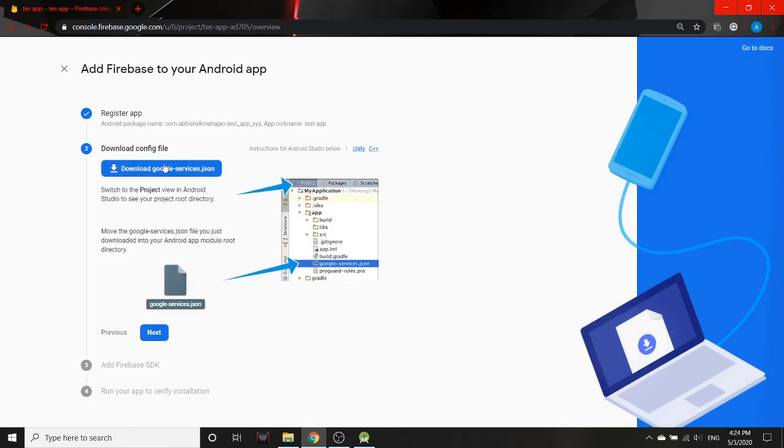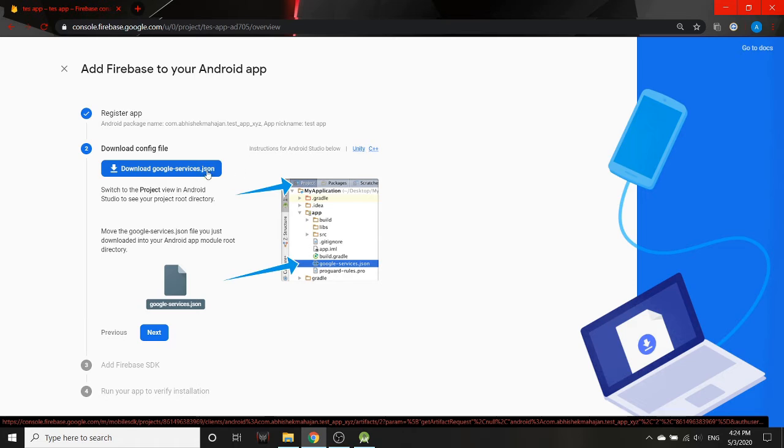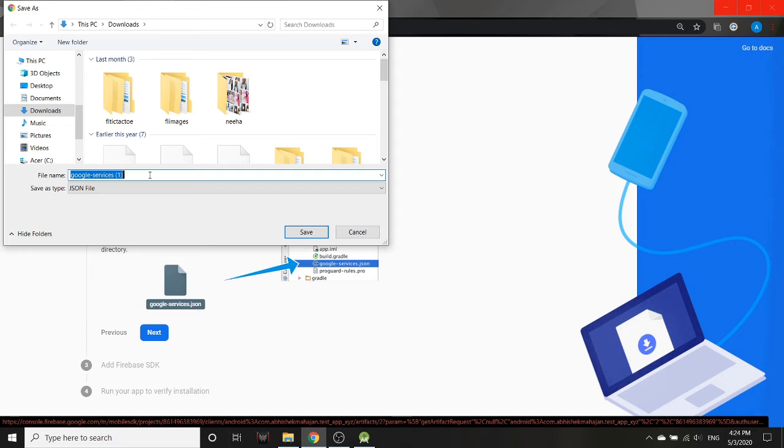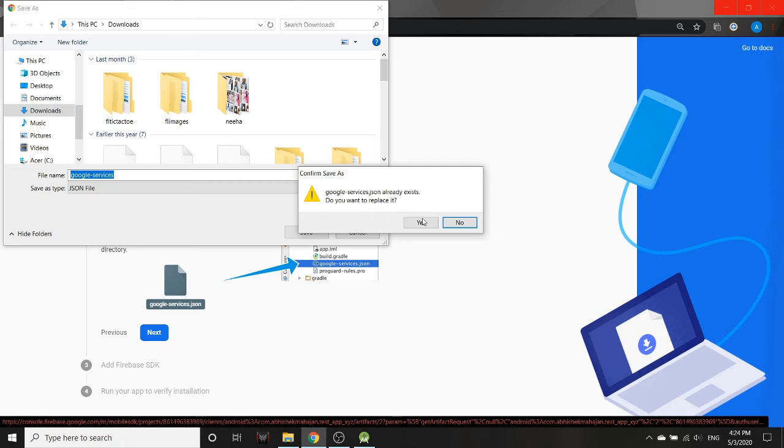So you have to download this file. It's called google-services.json. It is very important. This is the most important part, because a Firebase Flutter application will recognize it from the name. So if you have downloaded it before, any older copies should not be there. Remove them and then save it. If it already exists, just replace it, because you need this one for this particular project only. Or download it somewhere else where the other google-services.json is not there.